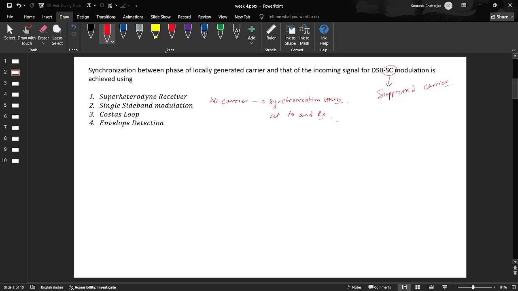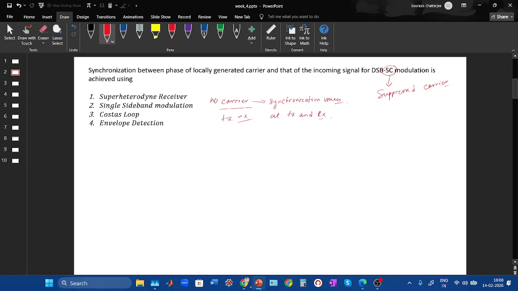What do I basically mean by that? This carrier needs to be generated at both transmitter and receiver end, and there is no guarantee that the carrier being generated at the transmitter